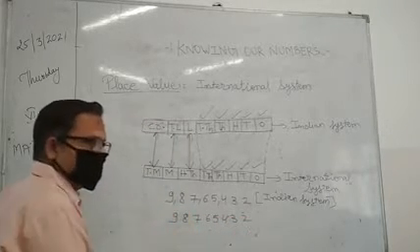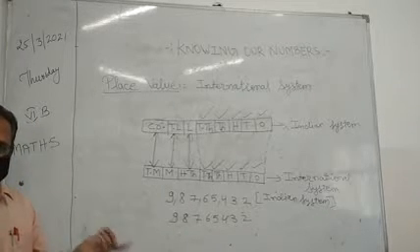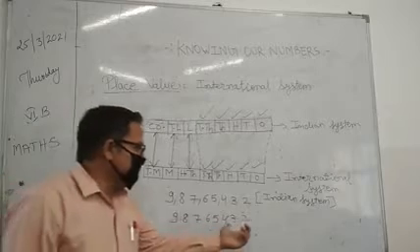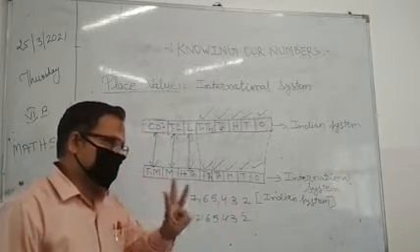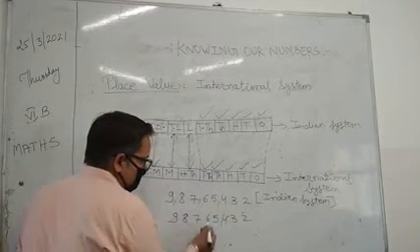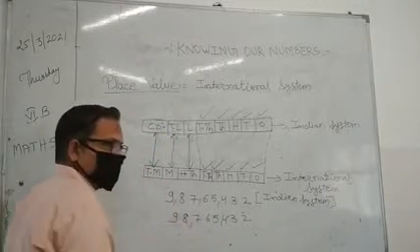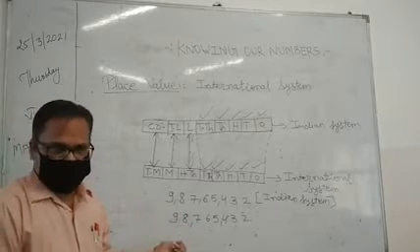This is the same number, but this time I am inserting the commas in the international system. How do we do it? First, from the right-hand side, we take the 3 paired digits: 1, 2, 3, comma, 1, 2, 3, we put the comma. Then here there are only 2 digits, so we are not required to put any comma here.